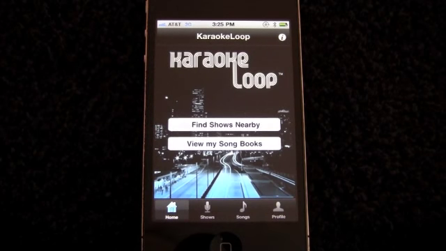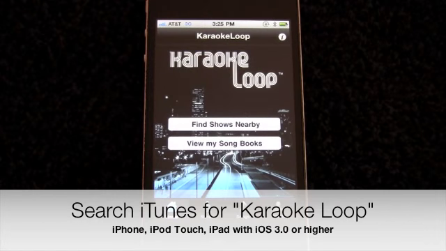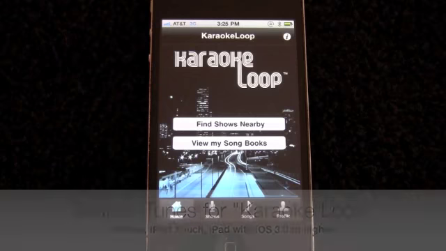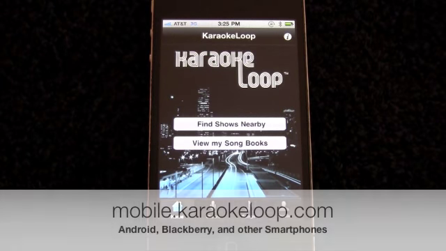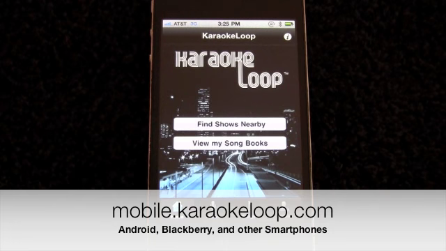Karaoke Loop is an app for the iPhone that helps you find karaoke shows and interact with them once you're there. You can download it for free in the iTunes App Store by searching for Karaoke Loop. If you don't have an Apple device, you can enjoy most of the functionality of the app by visiting our mobile-optimized website from any smartphone. Just go to